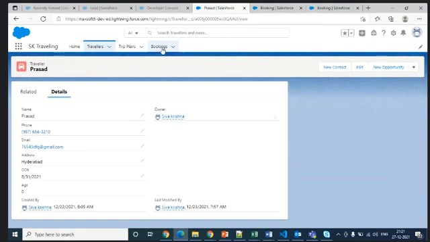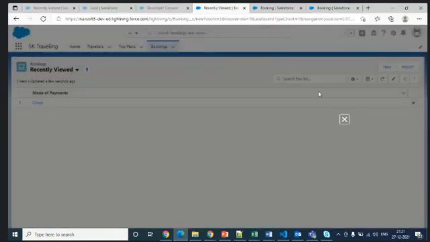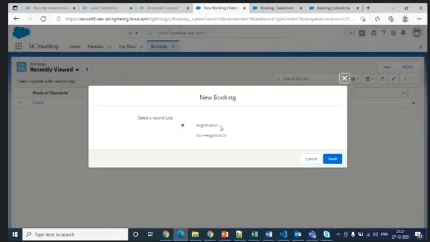So I added it. Now if I want to create a booking as new, see this, like this you will get. The same data type, same fields, same thing. Only one thing is changing: registration or non-registration, which is added before the record is created.